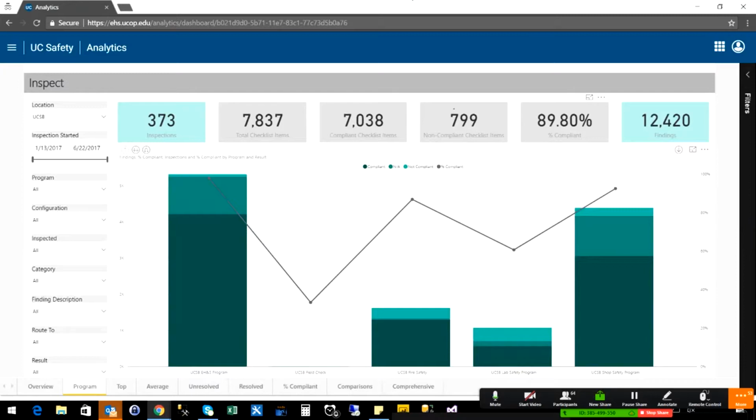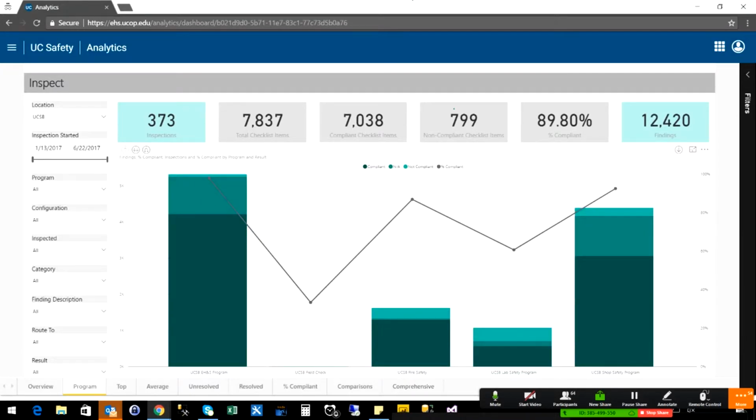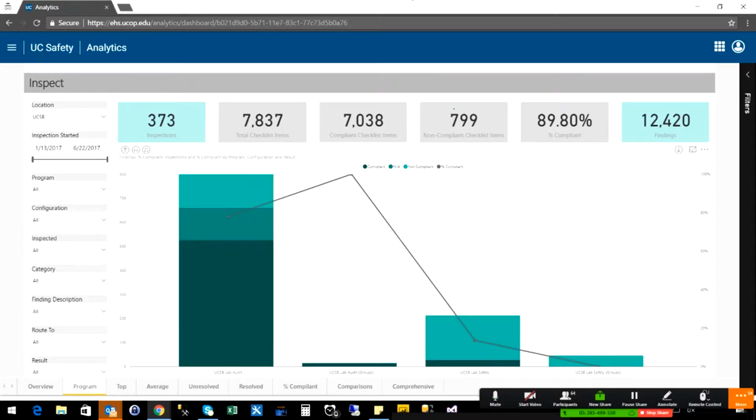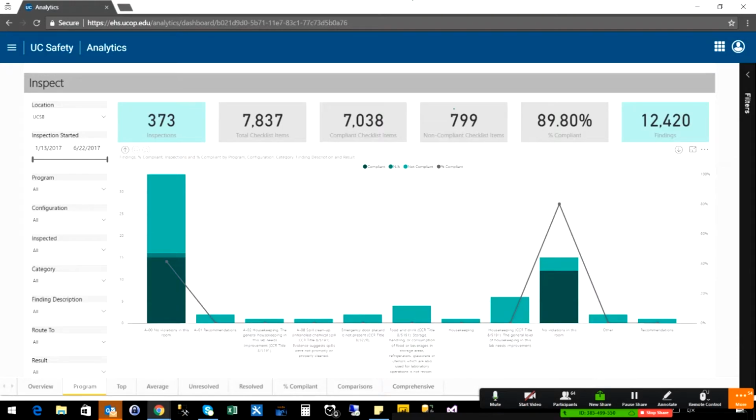Danny, what if they had gone down and they saw the level of detail where they could see each of the, let's say, each of the questions on a checklist category? What if they wanted to export that data to Excel? So export is more on the comprehensive side, but we can also do it here at a more rolled up level. So if we go down to, we'll say, general questions that you see,